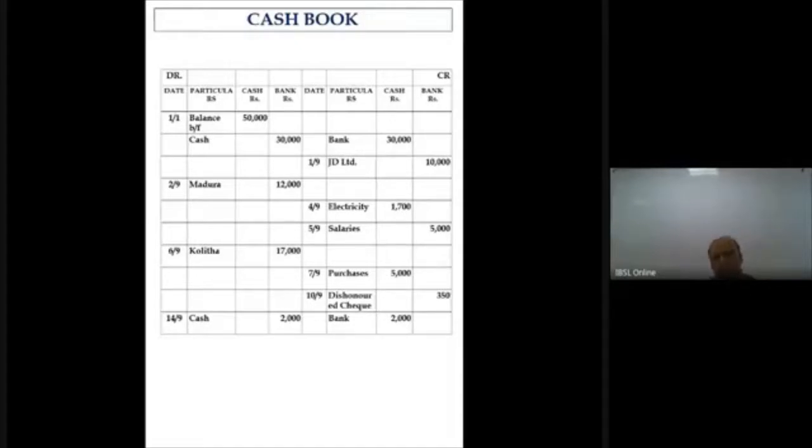So in this transaction, you are receiving a bank check and you are giving cash. So the debit and the credit is somewhat interesting because it is in your cash book itself. Your debit is into the bank column, credit is into the cash column. That is how it happens. And the last transaction, on 25th of September, is where you are purchasing a computer for 30,000 by way of a check.